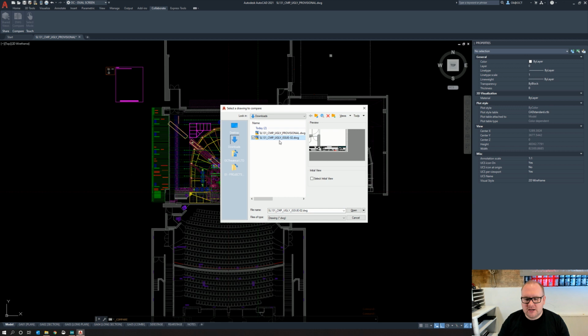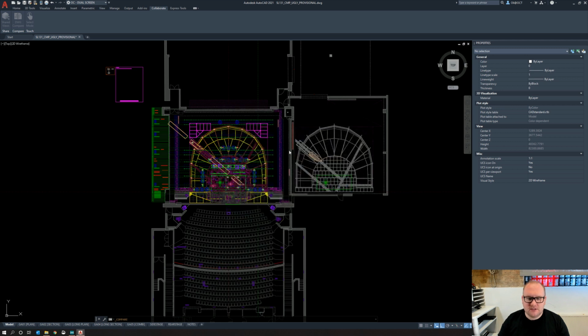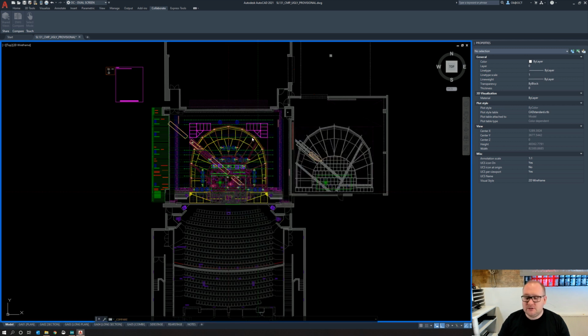Now in this case, I've downloaded issue 2. I think there were a couple of issues between that and this one. So I'm going to select this drawing. There's absolutely no reason for me to right click. And then the computer will pause for a moment. It will feel as if it's frozen, but this blue border indicates to us that it is not. It is actually thinking, and